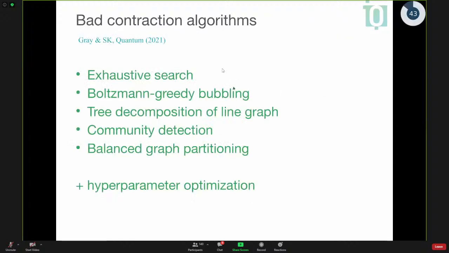There are several ways to do this. You can do this exhaustively. Obviously, this takes a very, very long time. And there's a bunch of heuristics that one can come up with. And also one can try to machine learn part of this optimization. For anybody interested, all these approaches are described in this paper. I don't want to go too much into detail, but basically, that's how we contract tensor networks.